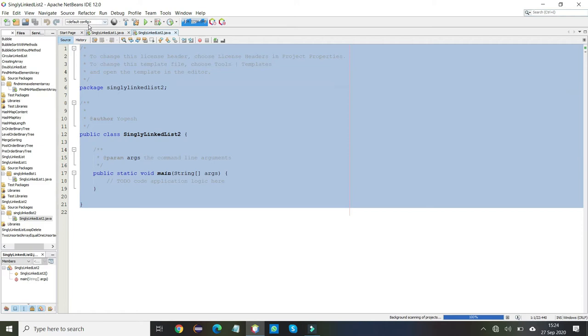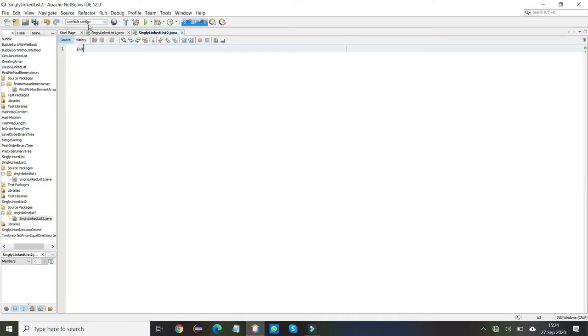Now, first we have to write the package and write the program name in small letters. Now, we have to create a public class whose name is the same as the program name.